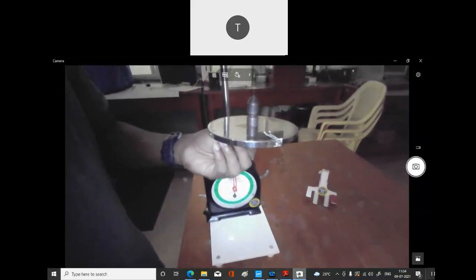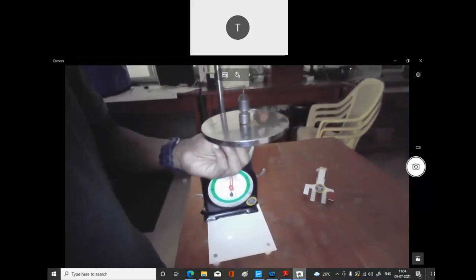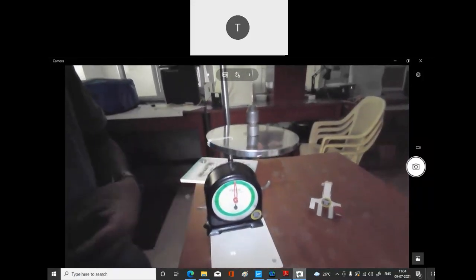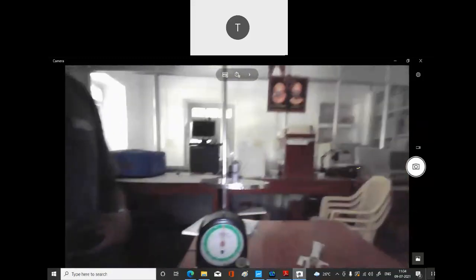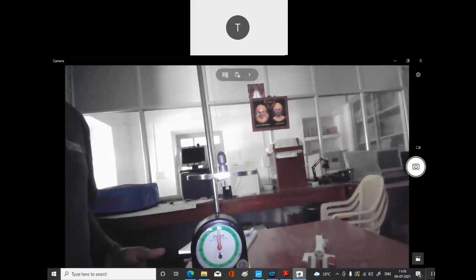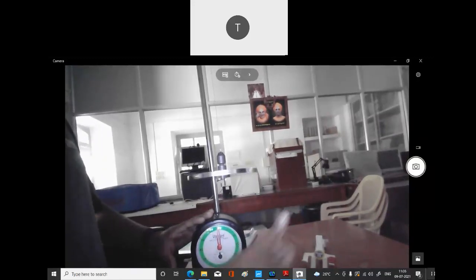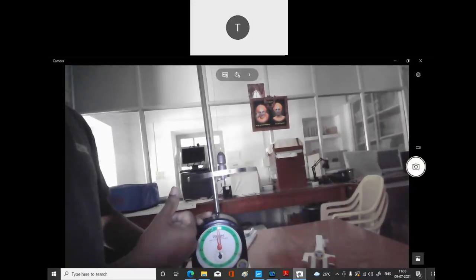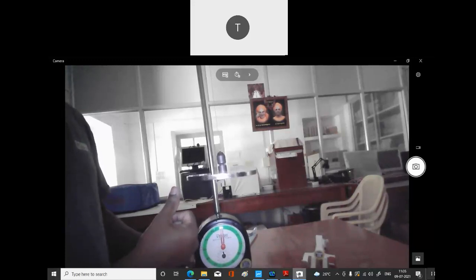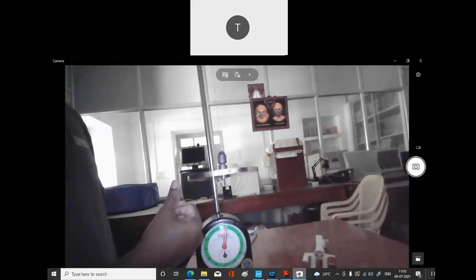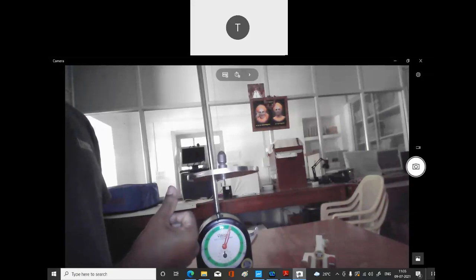Okay, I am going to twist it, so you don't have to start in the beginning. You twist it and leave it to go. You can see right now it is oscillating. Now I will start at this position. When it comes back here, I'm starting the clock. So I started the clock there, and now it is running.